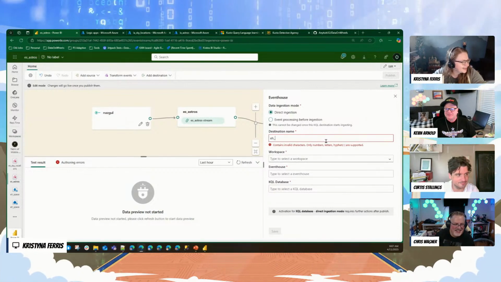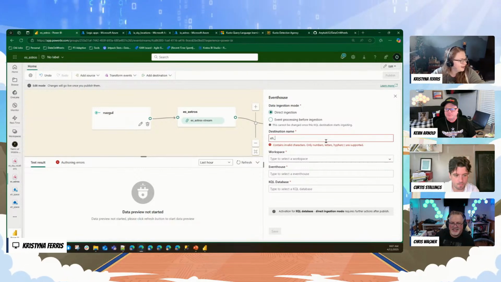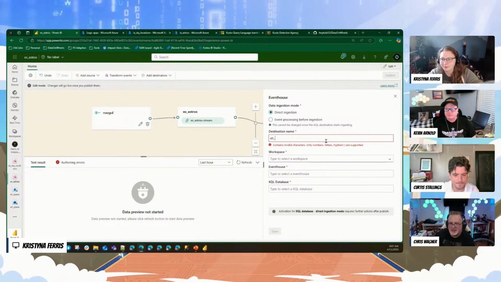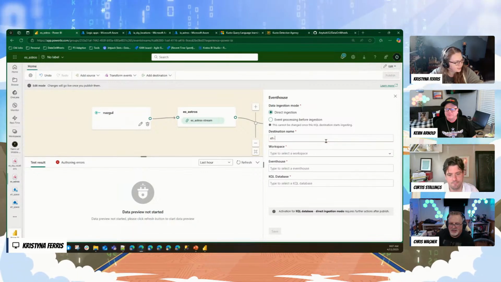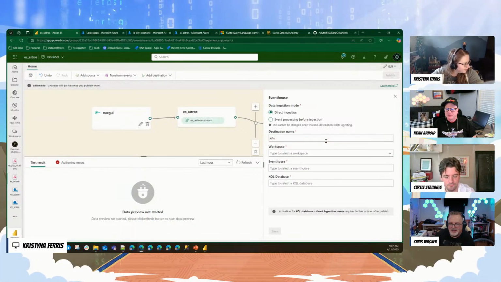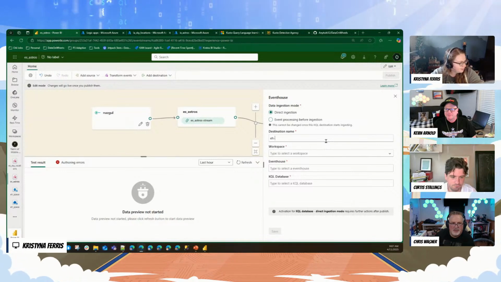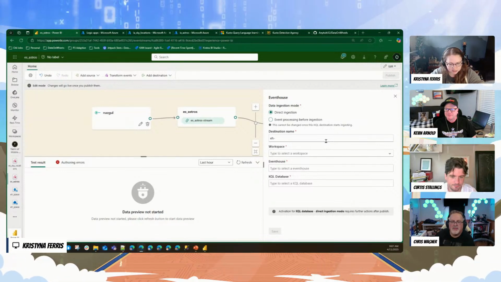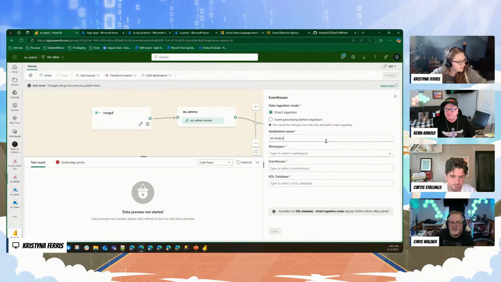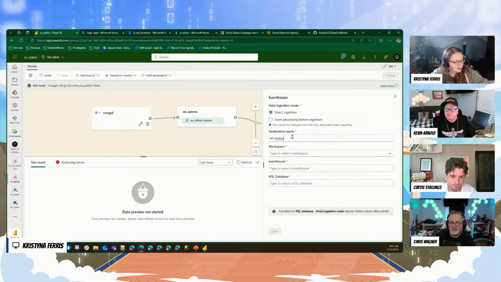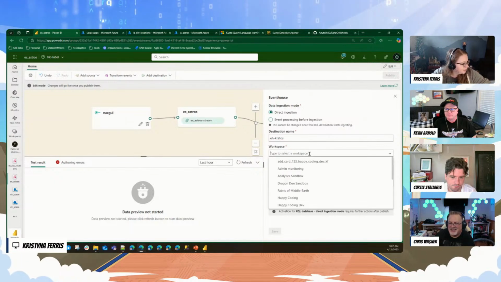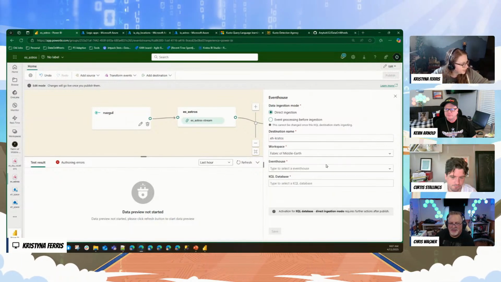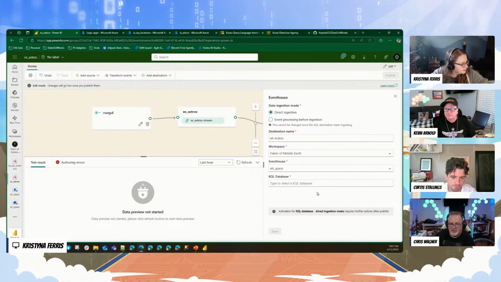I'm going to call this, again, you can put any name you want to, except anything with underscores, right? Only place in Fabric you can't do underscores. So that ruins anybody's plans if you wanted to do that. So I'm going to go ahead and do event house, and we're going to call it Kratos because this destination name goes nowhere else. It doesn't have to be unique. You just have to create it. And then let's go ahead and put that in my Fabric space,